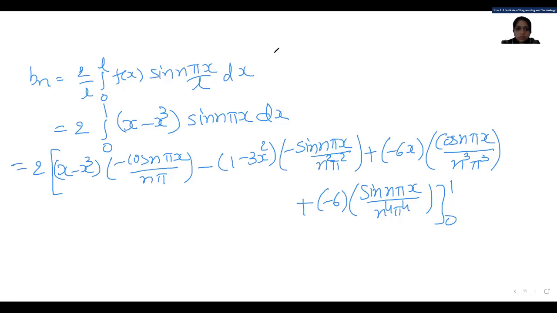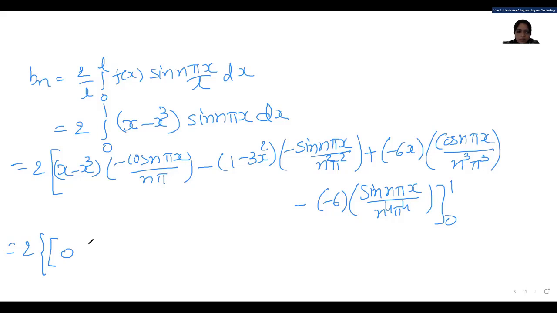Okay, so here the minus sign, plus minus is coming there, right? Now, if I substitute my upper limit, so 1 is there. So 1 cube is 1. So 1 minus 1 is 0. Cos n pi is minus 1 raised to n, but 0 into 1 is 0. So my first term is 0.